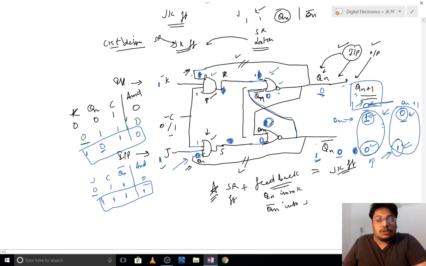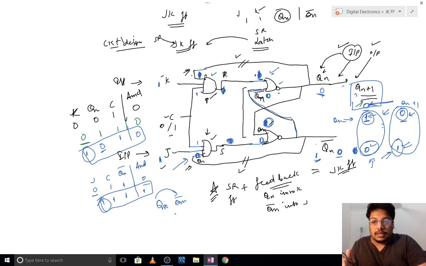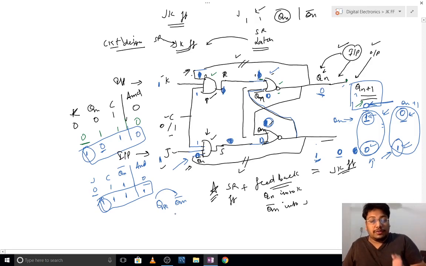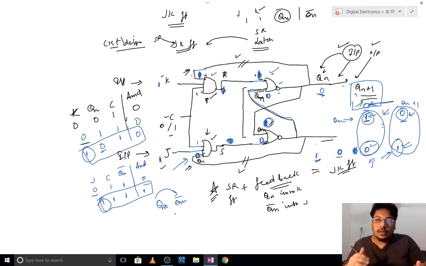And it shows me two things. First, when J and K both are 1, the output is toggling from Qn to Qn bar. Of course, it takes some time to make it definite. Some sampling has to be done, meaning we have to put multiple values. First is 0, then again we will check if Qn and Qn bar are opposite or not. If not, for the first iteration, then do the second iteration, then the third iteration. After the first iteration, most probably, as we have done here, it will come up as complemented.